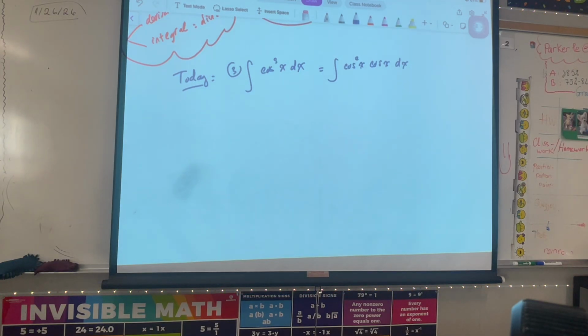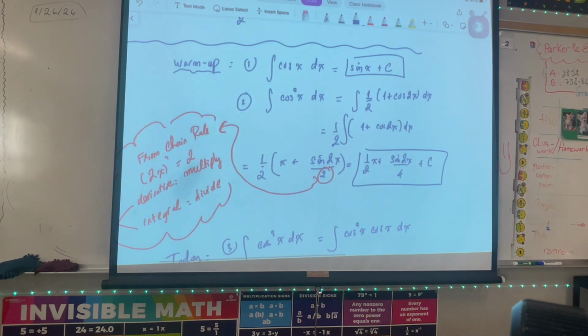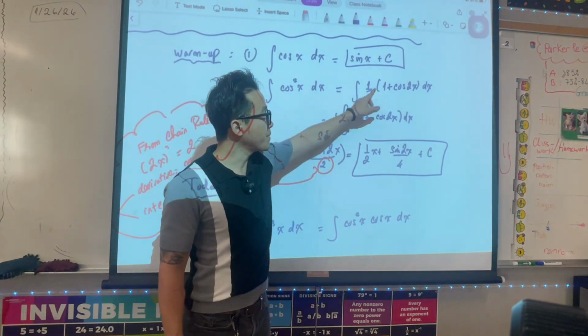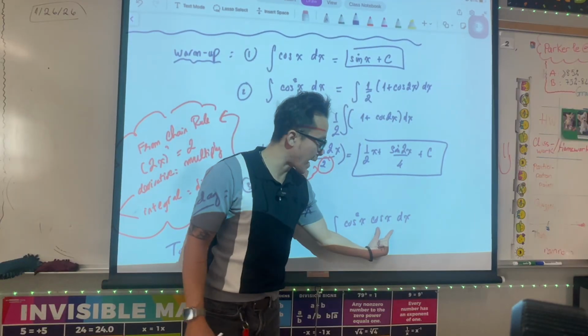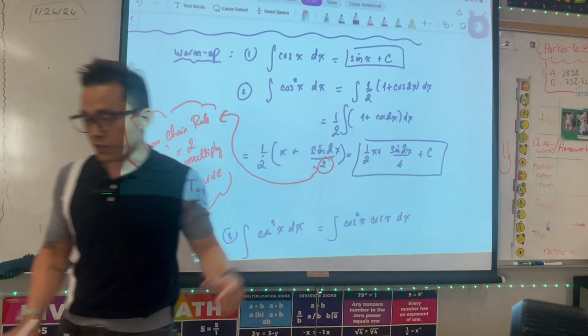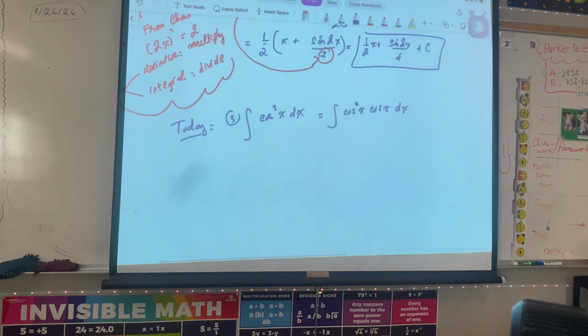Now what next? We apply the formula. We change the cosine squared x to what it equals. Which formula are you going to use? Are you going to use the same formula over here? No, because you want to cancel. If you do that, you're going to have cosine 2x times cosine x, and you don't know how to do that yet. So here is the strategy. You use the 1 minus sine. Let u equal to